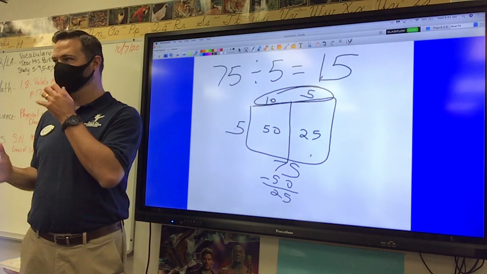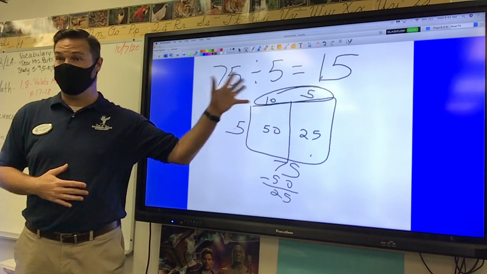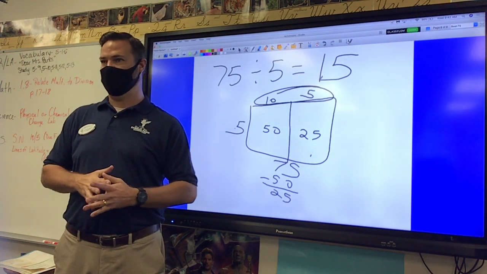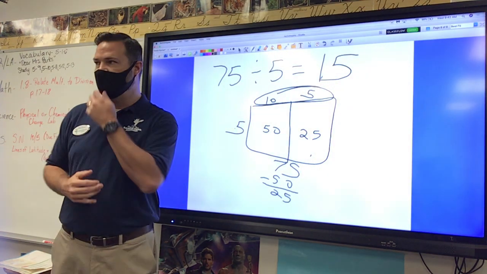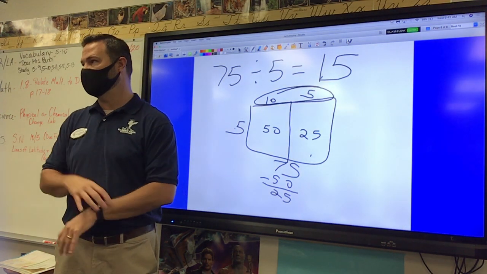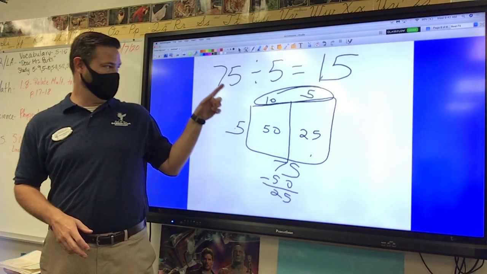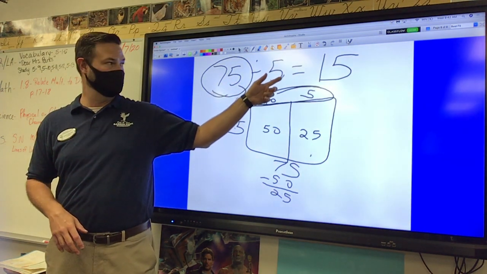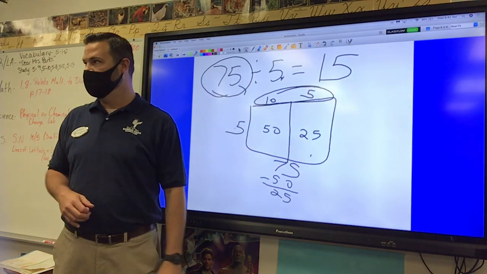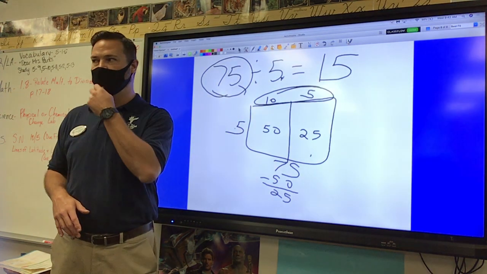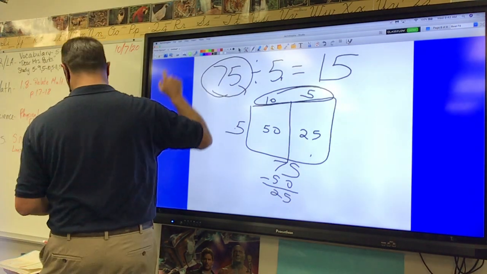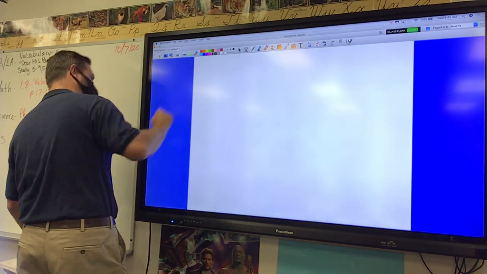So far, so good. Any questions? What you're doing right now is you're dividing. And you don't even realize it, but you're dividing it. These are kind of the easier ones. I'll get into some of the harder ones later. But when they're 2-digit or 3-digit, dividing by a single number, 5, 6, 7, 8, 9, you can do it this way very quickly. Okay? Sometimes they get a little trickier. For example,